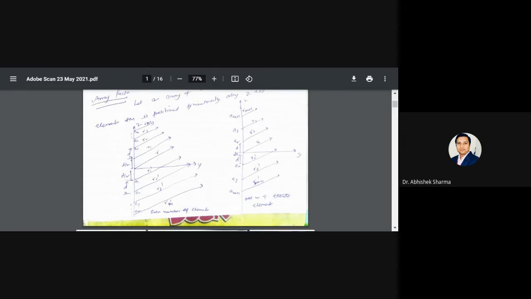Now on the right hand side, we have shown an odd number of elements. So it's starting from the origin, that is 2a1, then a2, a3 up to aM plus 1, and this an is the amplitude distribution. When we were considering an array with equal amplitude, uniform amplitude, this was the same for all the elements. But now this is different. a1, a2, a3, and so on up to aM, these are different.